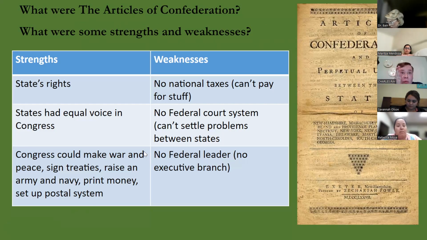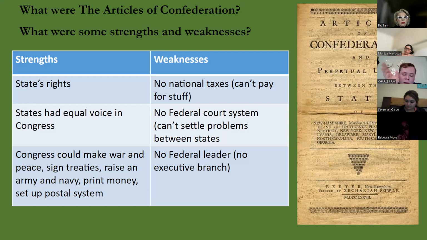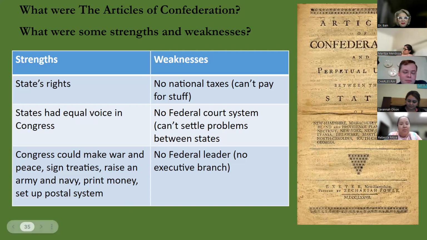Now, I don't have it in here, but really one of the final straws is something called Shays' Rebellion. Basically, angry veteran farmers in Massachusetts are tired of having their land taken because they can't pay their debts, because the money's not worth anything. So they decide to put their experience as soldiers to good use and burn the state down, saying, okay, you take my place, how about I take your state? It gets put down by the Massachusetts militia, oddly enough, but they're asking for help from the other states, and everybody's just looking at them like, nah, bro, not my fight. Why should I help you? And at the same time, everybody's thinking, holy crap, that could have been me.